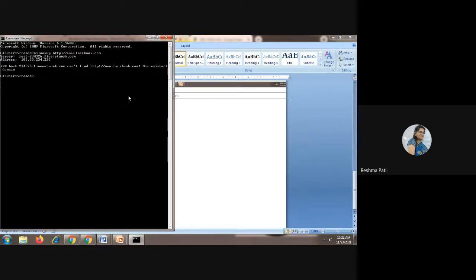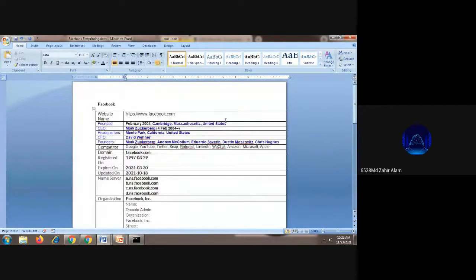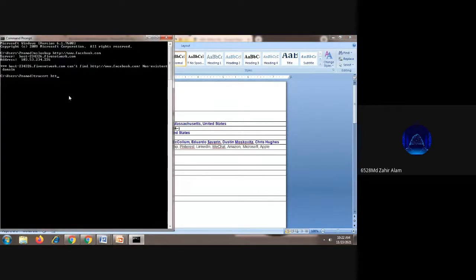One more command is there, tracert. TRACERT. Tracert and again type the website name. Unable to resolve target system.